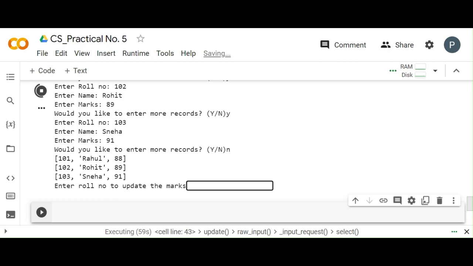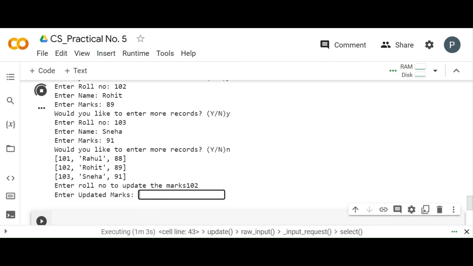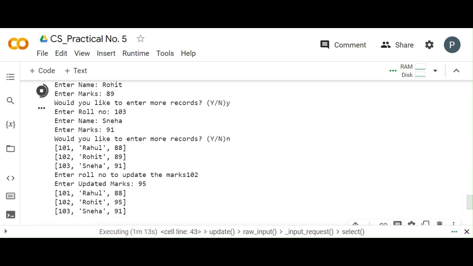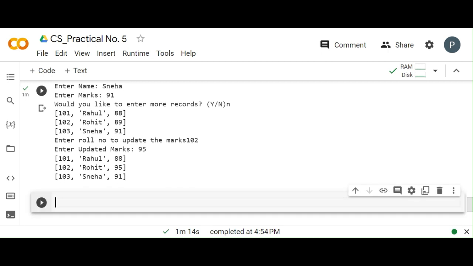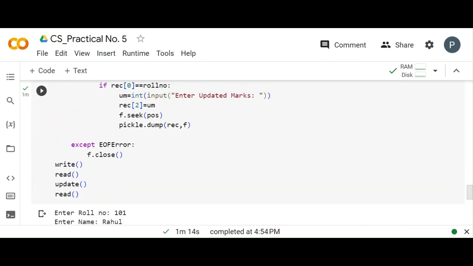So suppose enter roll number to update the marks. Suppose I want to update for Rohit. I will enter the updated marks. He has scored 89. Suppose he has scored 95. So I want to update the marks, so enter updated marks. I will press enter. So the new result is at 102 it was 89, now it is 95. So here is how we can update the marks. Okay, so our next step will be